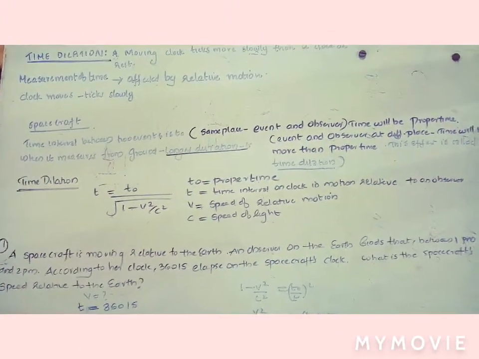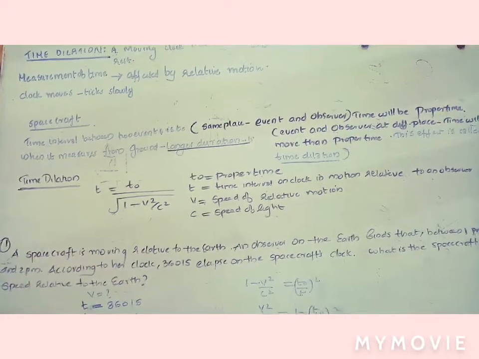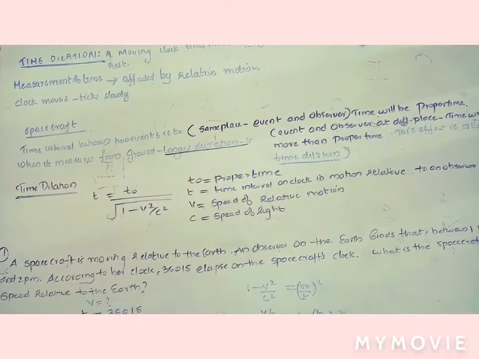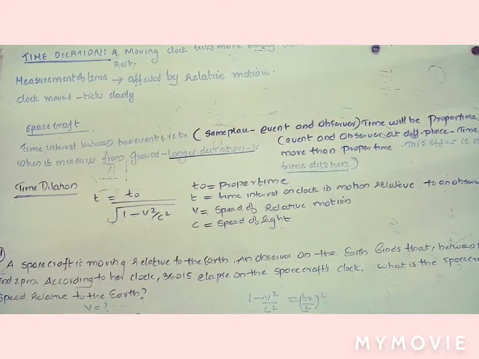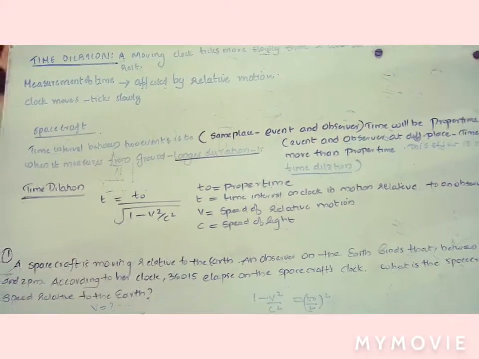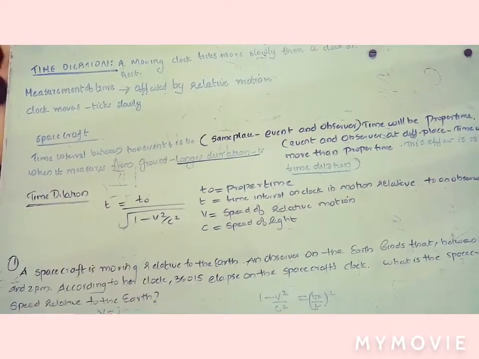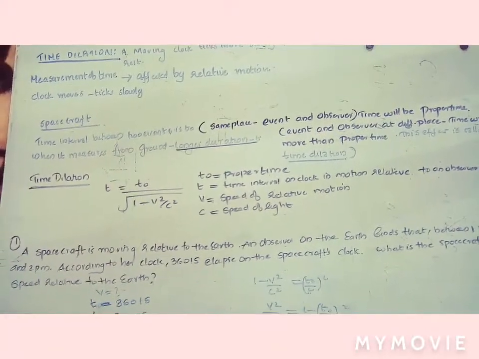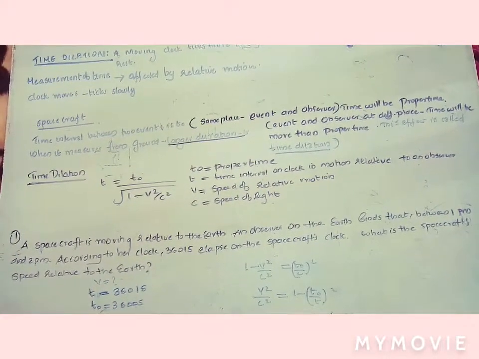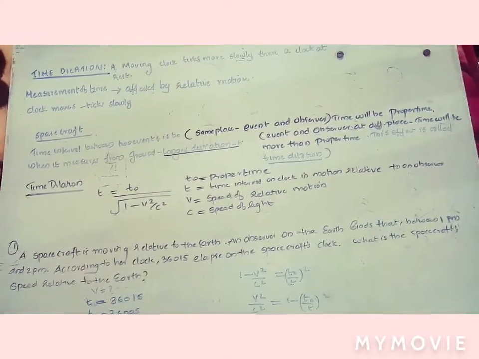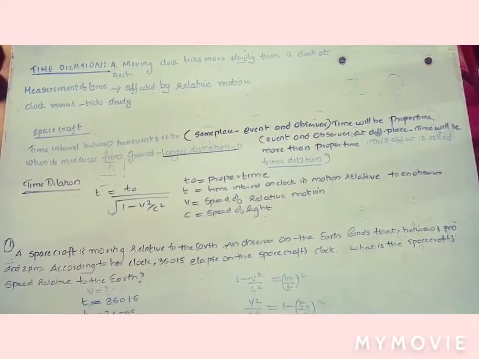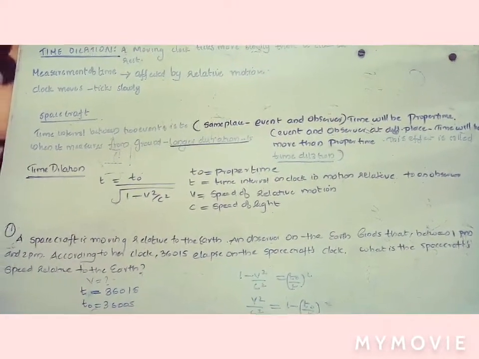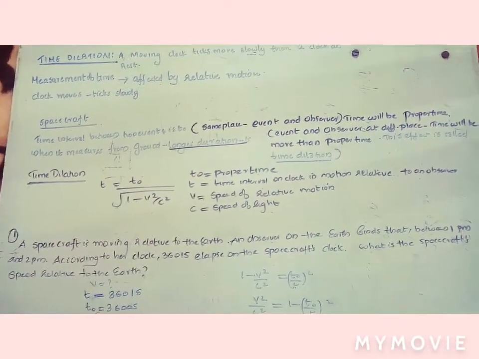t0. That is, t0 is the proper time. What is the proper time? The time which is measured at the same place as the event, by the observer. And when it is measured from the ground, the time will be longer than the proper time, that is, time dilated. If the event and observer are at the same place, that is the proper time, and if the event and observer are at different places, the time will be greater than the proper time, that is the effect of time dilation.